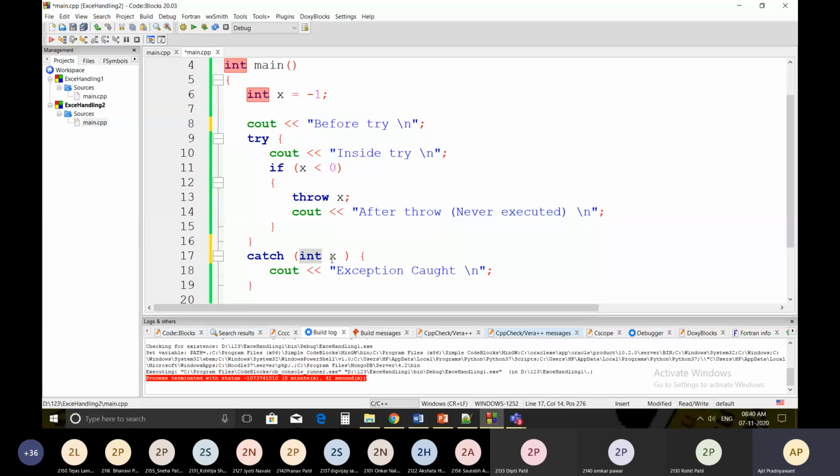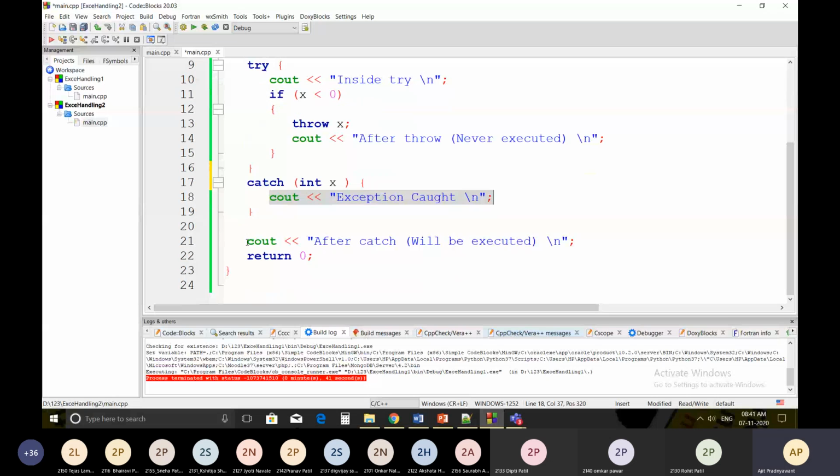That's why I mentioned integer x. And here I have just mentioned one statement, exception caught. You can mention any type of message over here. By reading that message, users should understand what happened with your code. And at the end, I have mentioned after catch will be executed. Whatever code is after the catch will be executed.